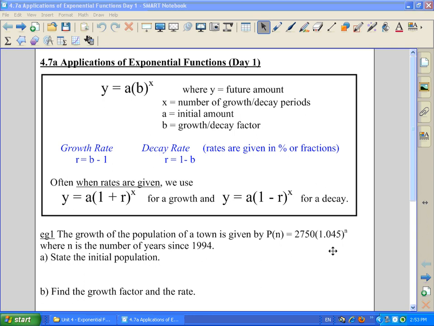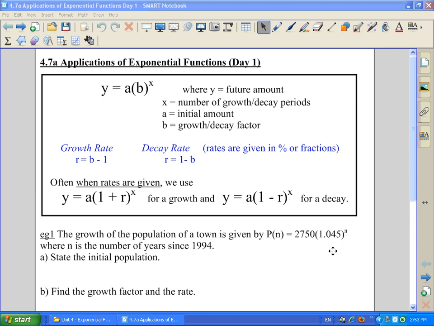We will be spending 2 days on this, and this is day 1 of it. After that we'll be preparing for our unit test, so please be prepared that there's a test coming up shortly on exponential functions. All right, so we have learned already, folks, that the difference between an exponential function and